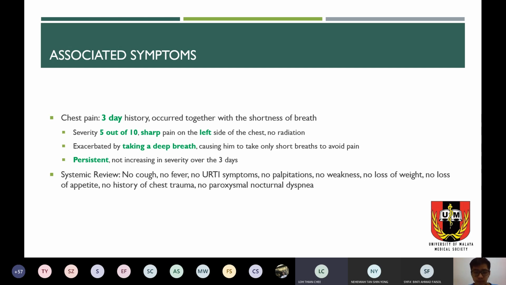So if the patient is able to tell you whether the chest pain comes first, then right after that shortness of breath, or the shortness of breath comes first, then right after that chest pain? I don't think it's very clear. That one is not that clear. Okay. So sometimes if the patient can tell you, then you will probably be able to tell the chest pain is actually the culprit that leads to the shortness of breath, not because the shortness of breath leads to the chest pain. So if you say, I suddenly got this left-sided chest pain, then after that straight away I feel